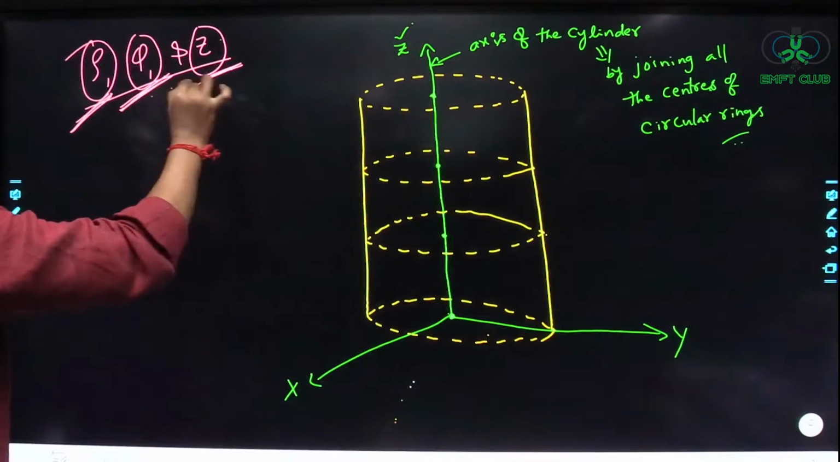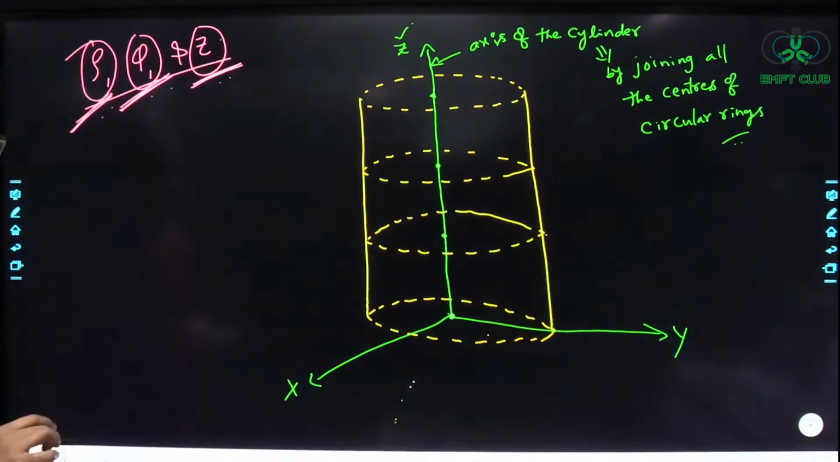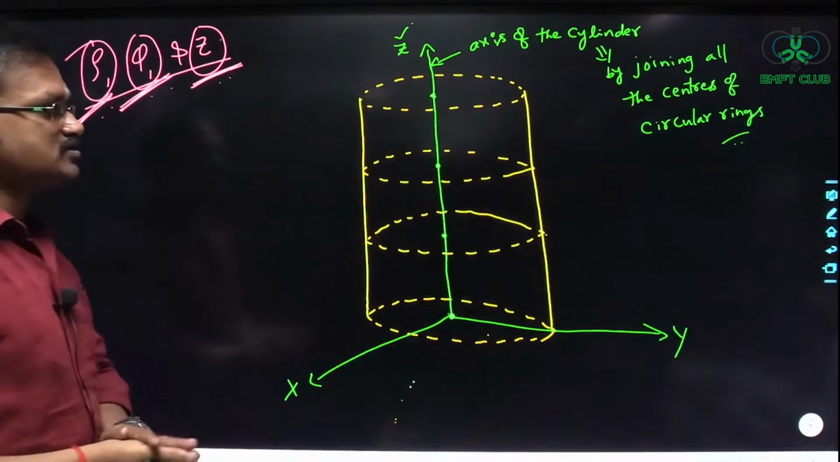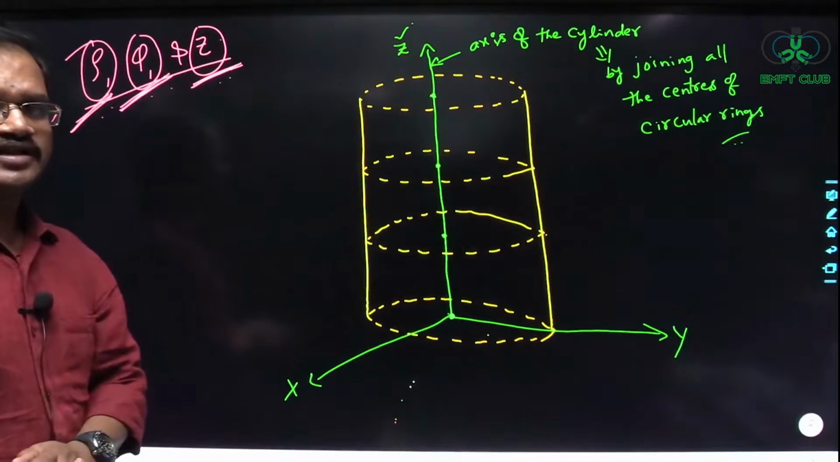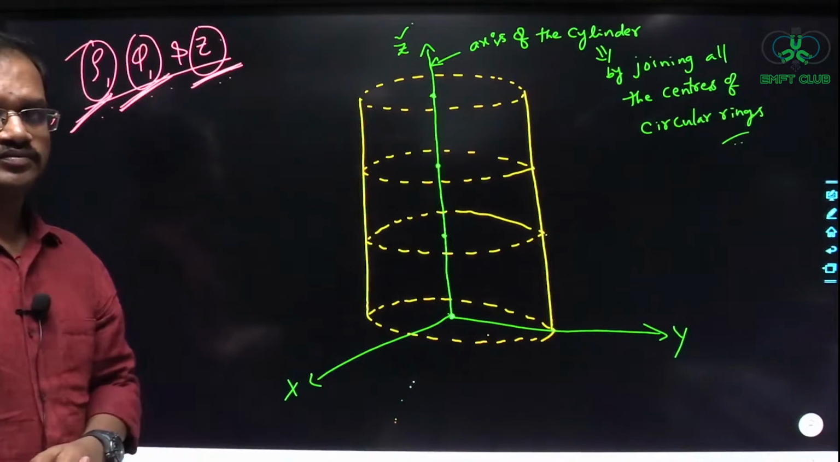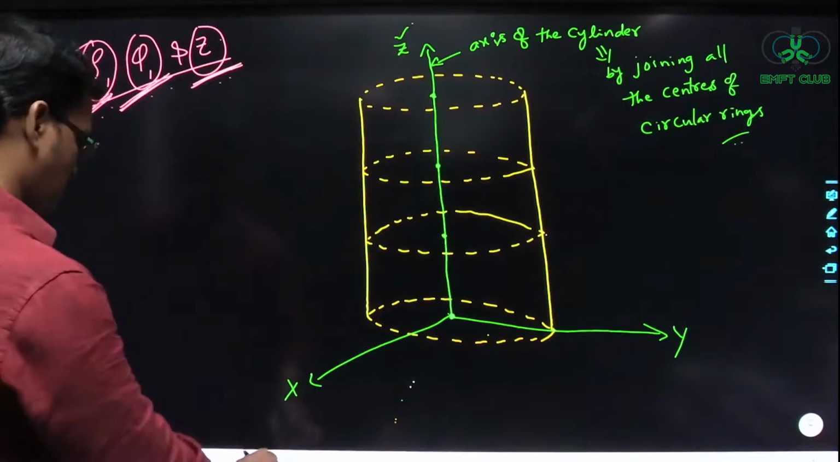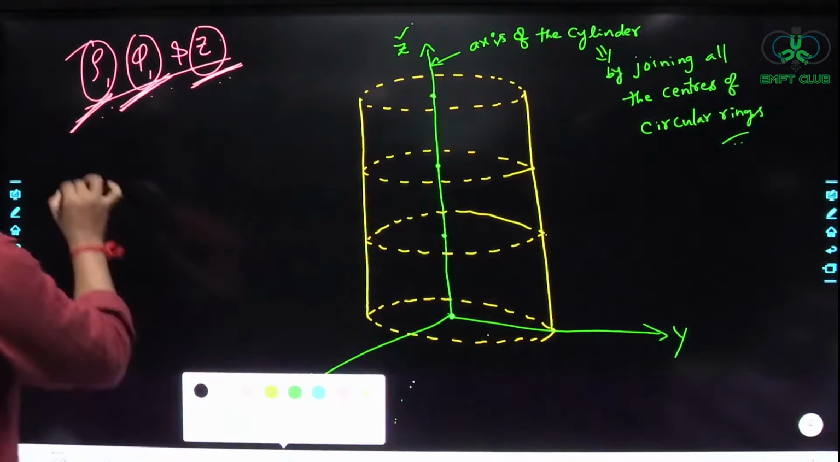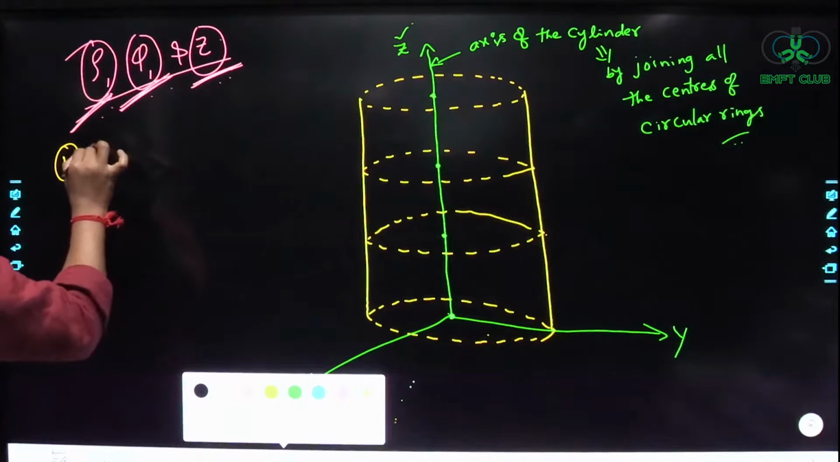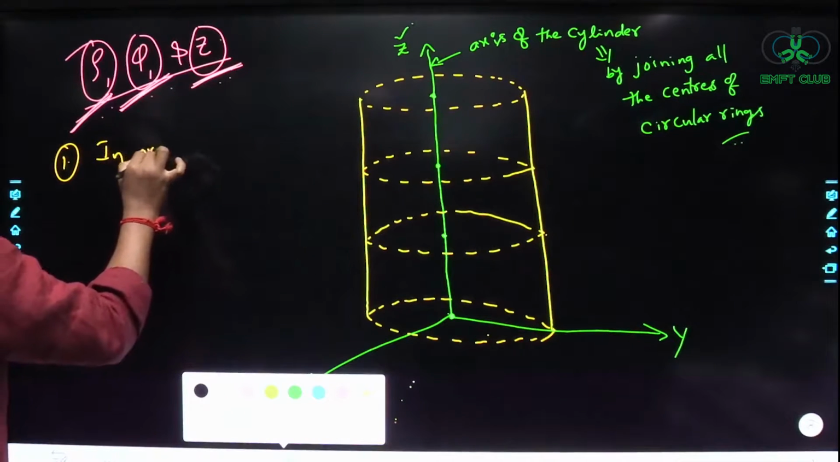So you have to get familiar with these things, right? Once you understand these things, then you can easily understand this cylindrical coordinate system, right? Okay. So the first point here, write down: